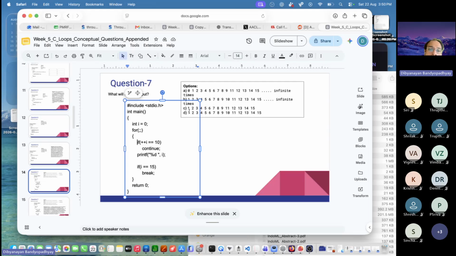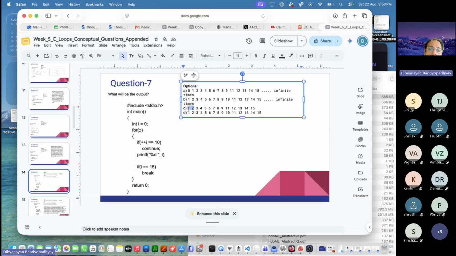So 1 gets printed and it is pre-incremented to 2. Now 2 will be compared to 10. Is 2 equal to 10? It is not true, it is false. So continue will not get executed, and the value of 2 will get printed here. And is 2 equal to 15? It is not equal to 15. So the break statement will not execute, and it will just move to the next iteration. So 2 gets printed. Like that, if you carry on executing, when the value of I reaches 9, then it